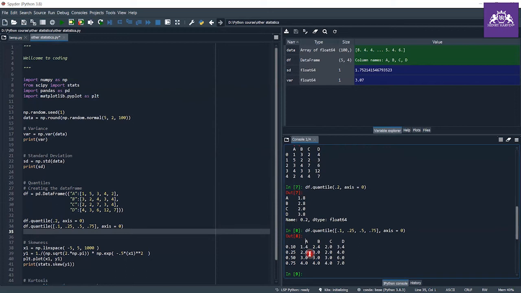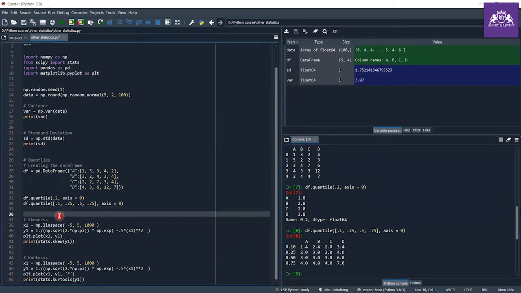That means 25% of data is less than 2.0, 50% of data is less than 3.0, and 75% of data is less than 4.0 for the A data. Similarly for the other columns as well, B data, C data, and D data. So that's all of the quantiles.